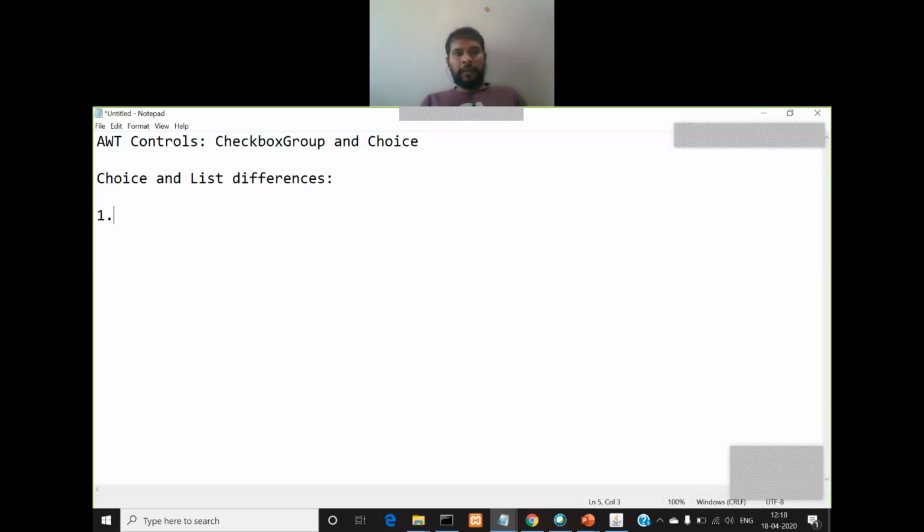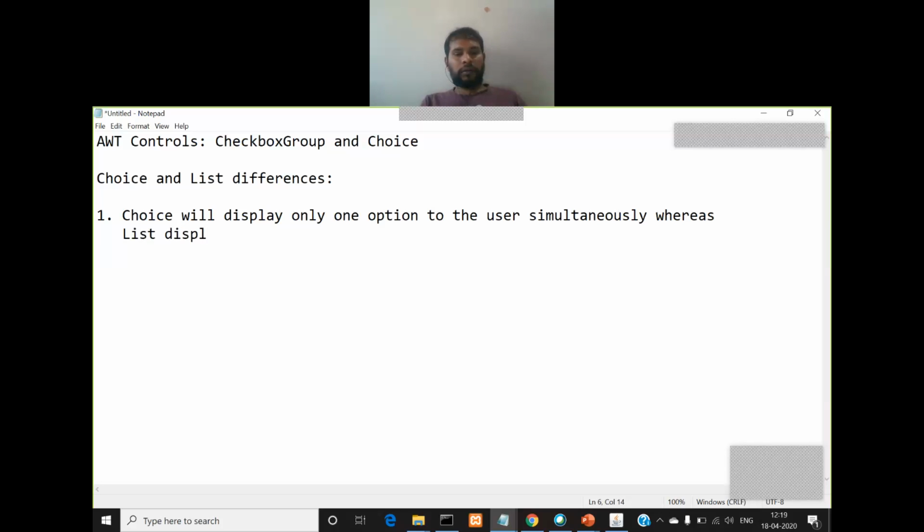Yes or no? First difference is choice will display only one option to the user simultaneously, whereas list displays all the available options simultaneously. So this is the first difference. Coming to the second difference,